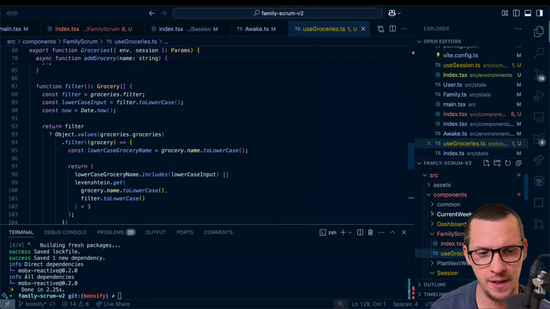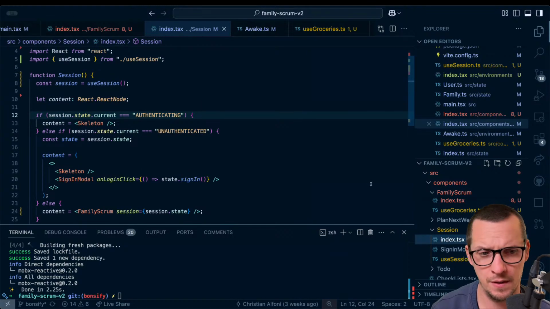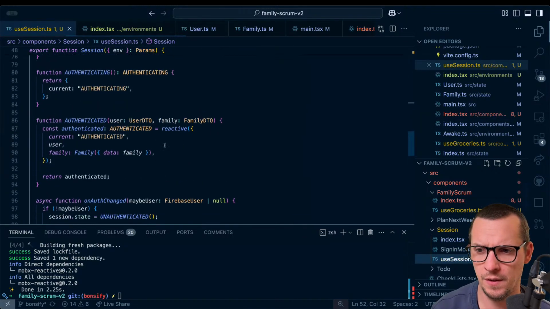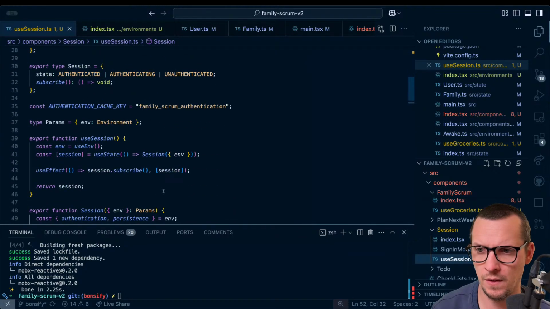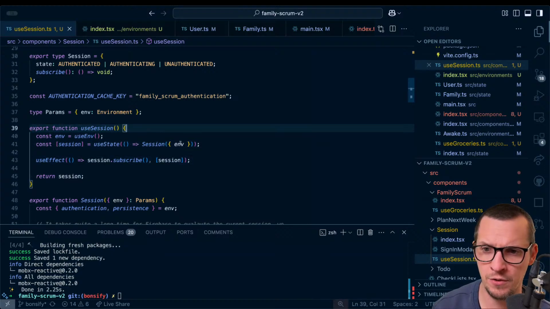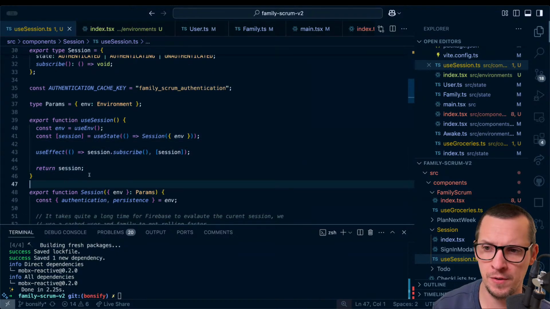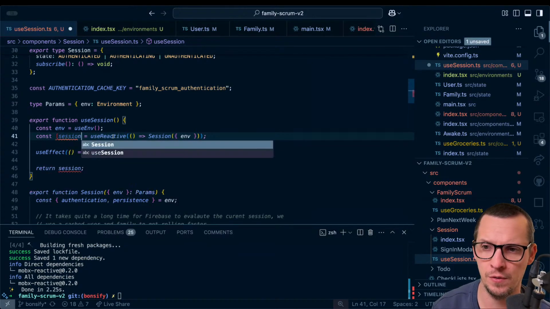The way this looks now is that I have a session and then I've used session. So use session, where is it? Yeah, sorry. So here I'm just using useState. But now when I use the session, I actually create the session. And then I subscribe to the session and then I return it. This has to be like use reactive, for example.